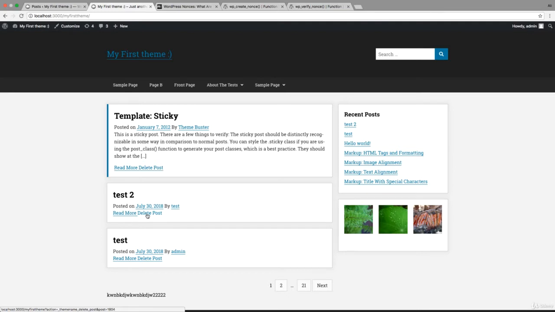But you can be logged in and he can trick you into clicking this link, maybe by sending an email with this link and some button or something like that. So by visiting this link, the post will be deleted, but you didn't really intend to delete it. So to make sure that it's you who clicked this button and you're not forced into clicking it, we will